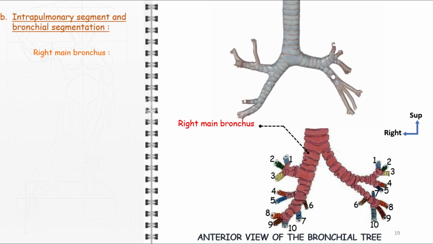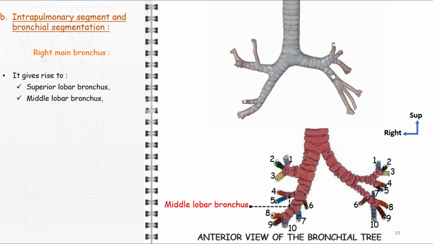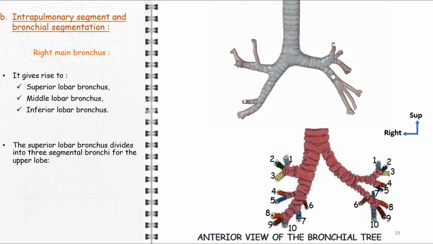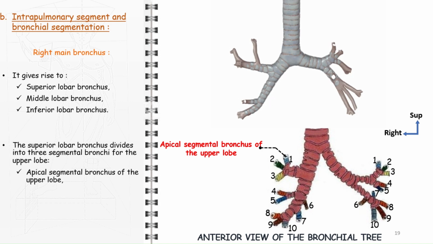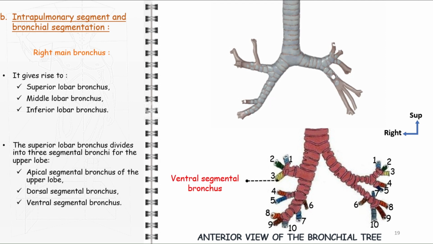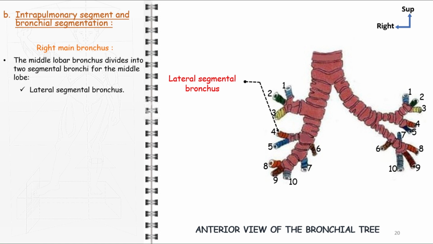The right main bronchus gives rise to the superior lobar bronchus from its lateral face, the middle lobar bronchus from its anterior face, and the inferior lobar bronchus from its terminal segment. Then the superior lobar bronchus divides into three segmental bronchi for the upper lobe: the apical segmental bronchus of the upper lobe, the dorsal segmental bronchus, and the ventral segmental bronchus. And the middle lobar bronchus divides into two segmental bronchi for the middle lobe: the lateral segmental bronchus and the